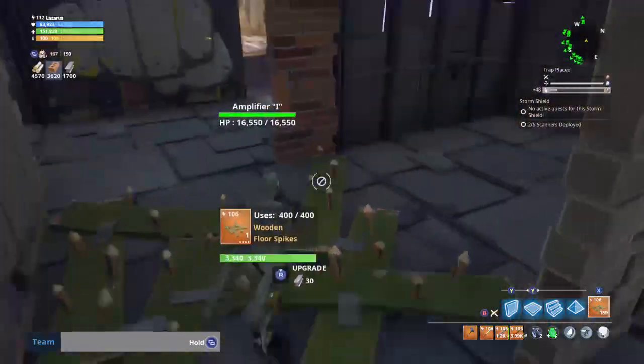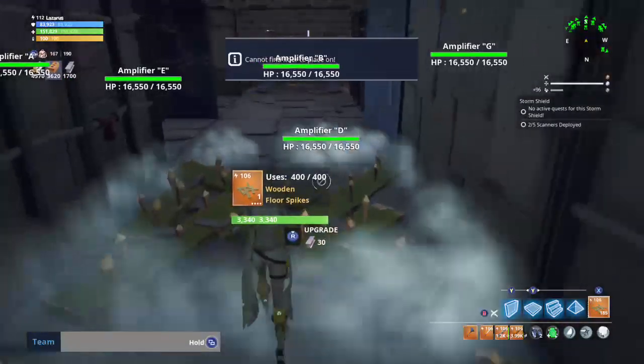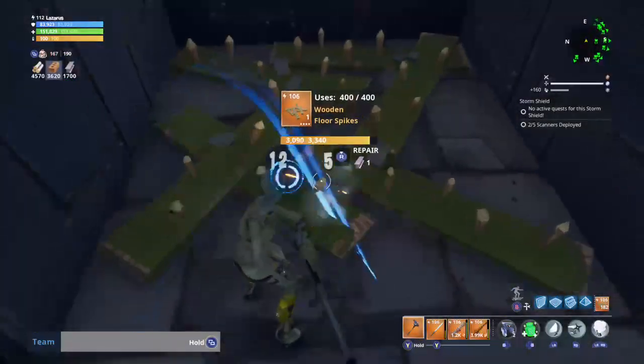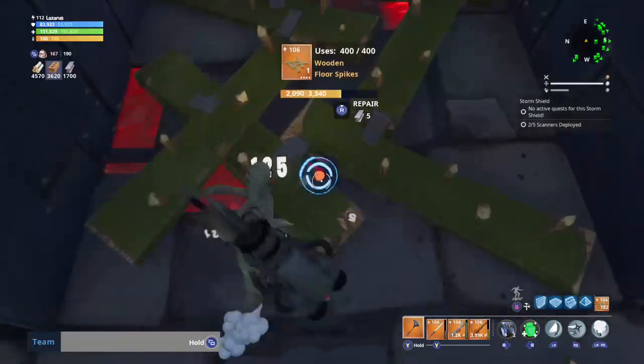We're going to go with my favorite, which is wooden floor spikes. Oh, I didn't want to put some there. Level 106 is more than fine for Twine Peaks Storm Shield Defense 1 through...